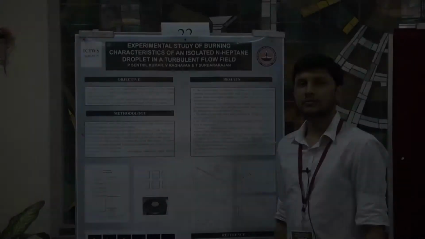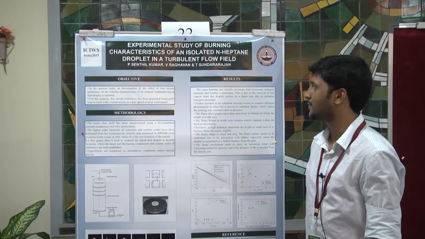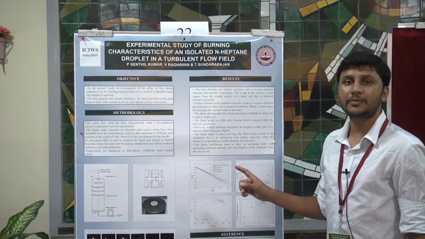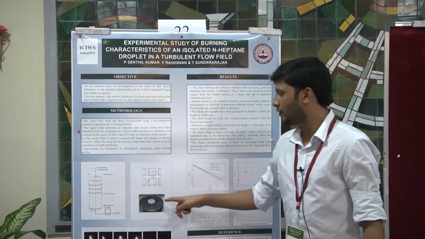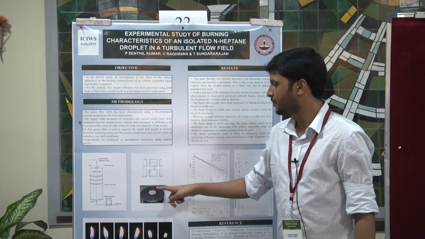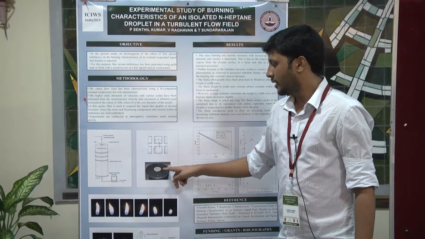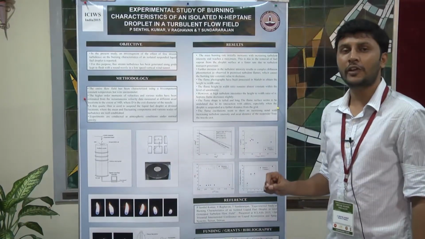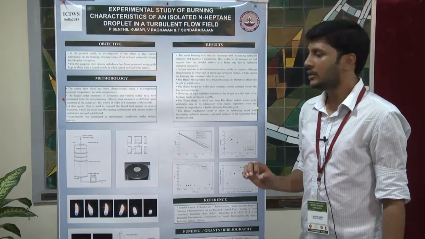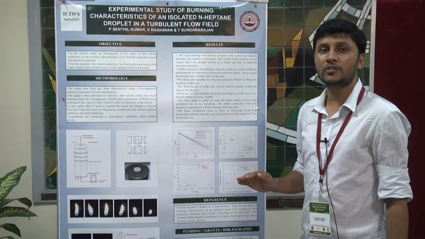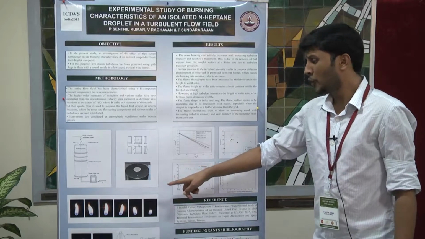Thank you. I am Sendil Kumar from the Thermodynamics and Combustion Engineering Laboratory, IIT Madras. I have studied the effect of free stream turbulence on an n-heptane isolated droplet. For creating a turbulent flow field, I have used grids of different dimensions, and I used a quartz suspender to suspend the droplet. I quantified the whole turbulent flow field using a two-dimensional hot wire anemometer, and I have maintained the scales and the mean velocity constant. The mean velocity was maintained at 0.4 meter per second, and a 2.7 mm